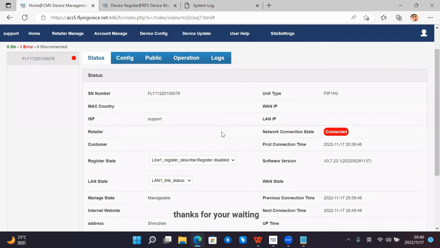Okay, thanks for your waiting. And now we can see the network connection state is connected. It means that we have connected to the